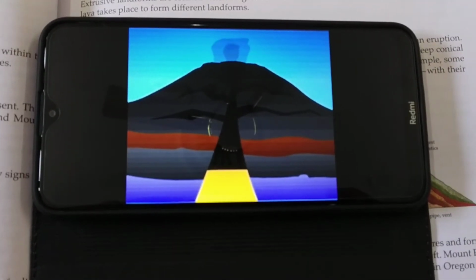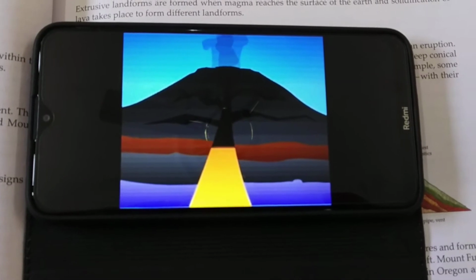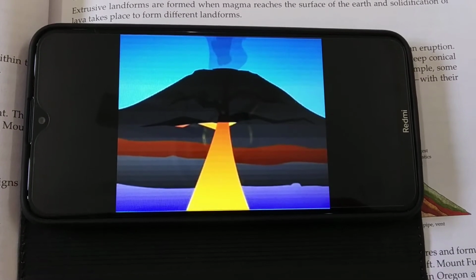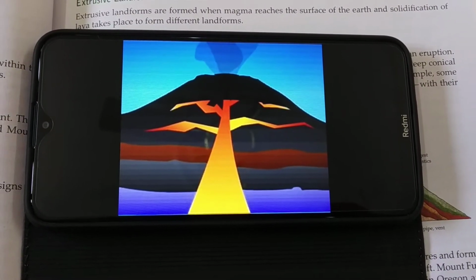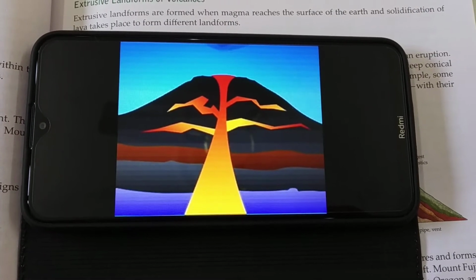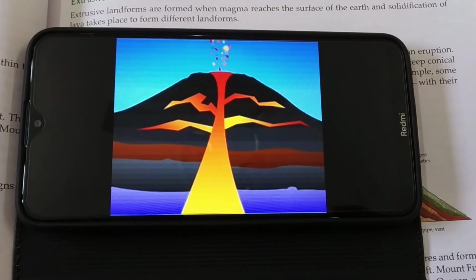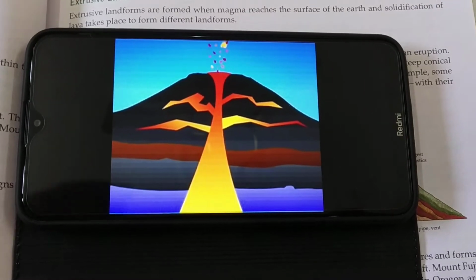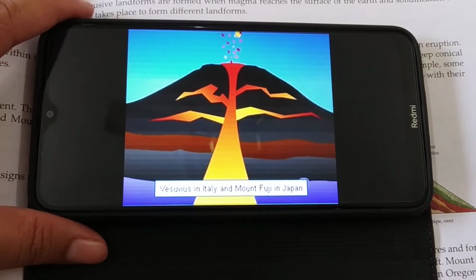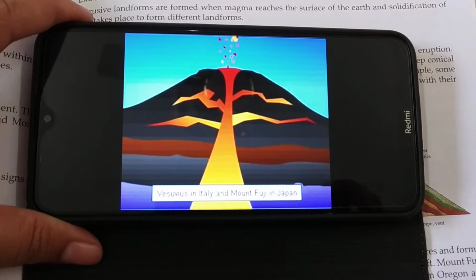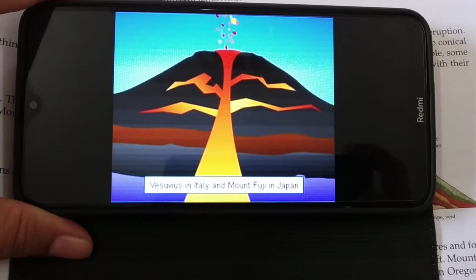See how the magma is rising, that yellow color, and sidewise along the fissures some magma will be solidified and will result in the formation of dikes and sills inside. This is how a composite volcano takes place. For example, you can see Mount Fuji.